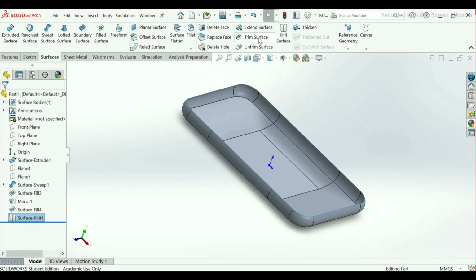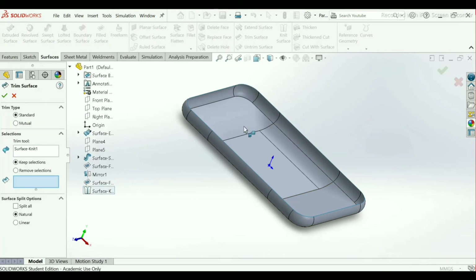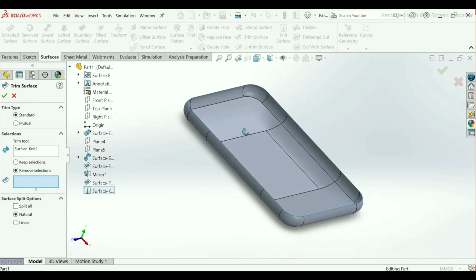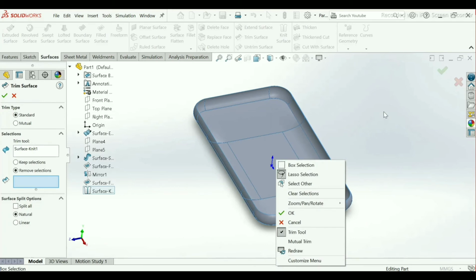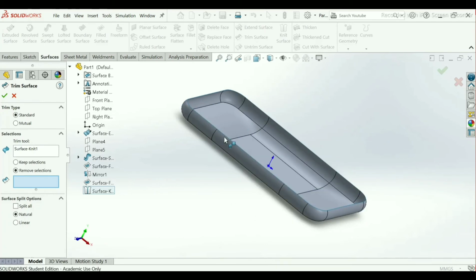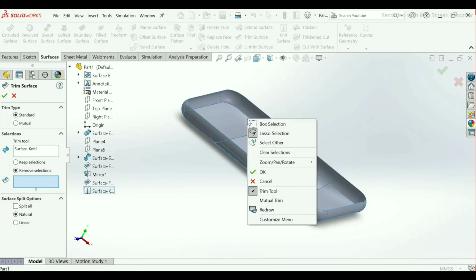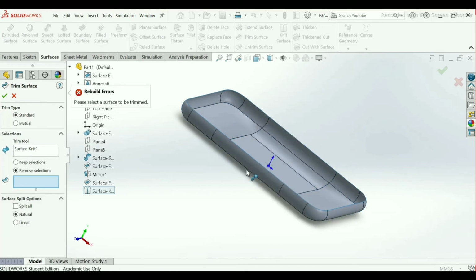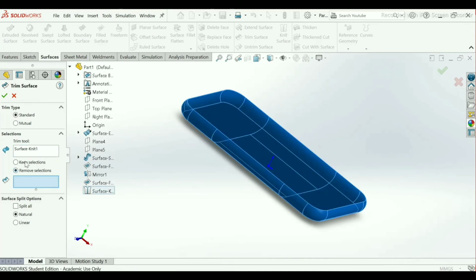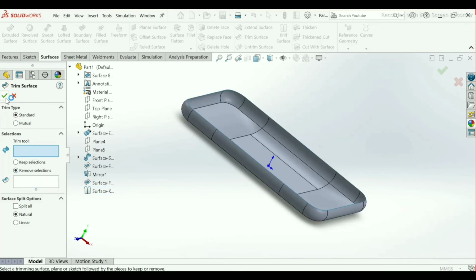You can see here. Go to trim. It selects all the body portion as you see here. See, exit this.